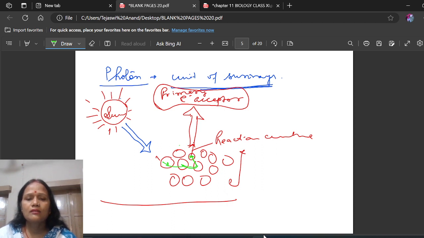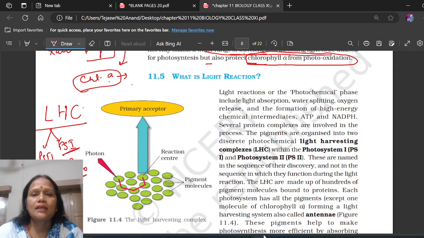Here it will be transferred towards the primary acceptor. That primary acceptor will accept the electron, the photon, and becomes excited, and that is called the light harvesting complex. Light reactions also, in light reactions we shall also study